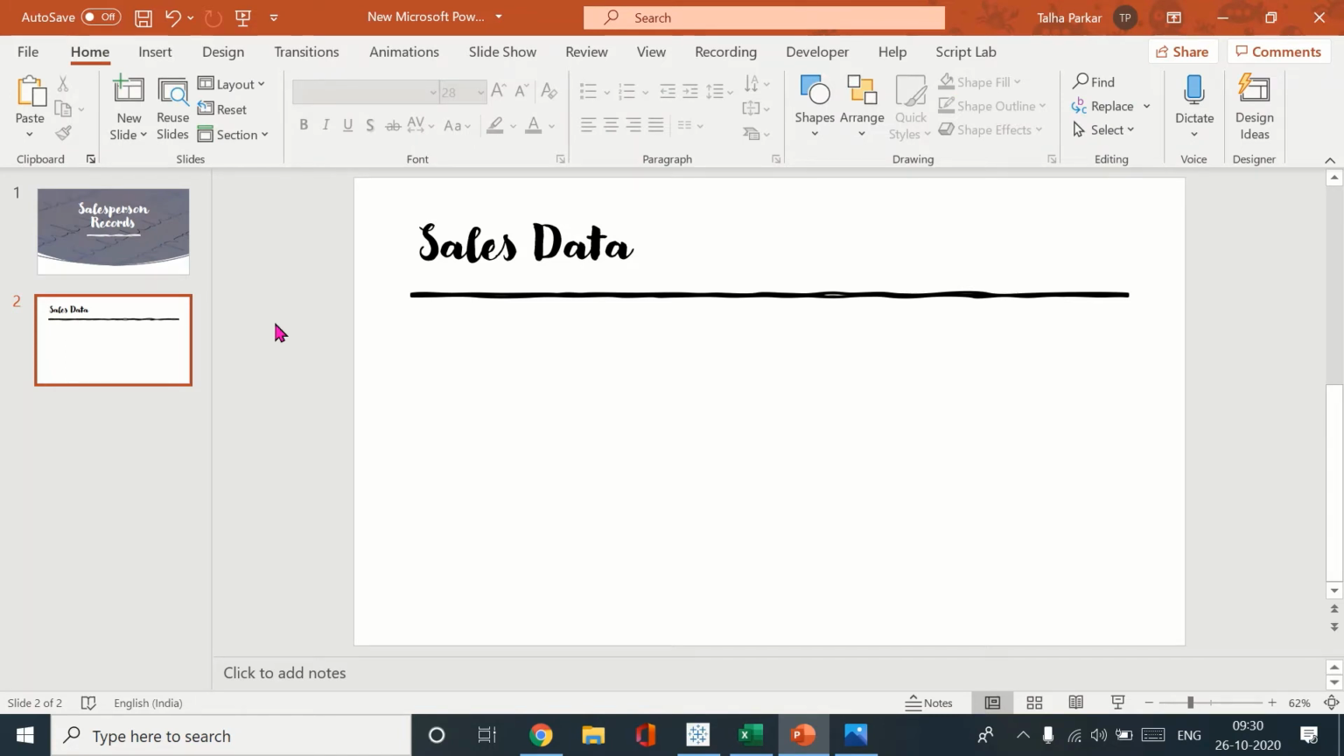My name is Talha Parkar, and in this video I'll be showing you how you can insert a table in PowerPoint, how you can format it, and how you can go about editing it or choosing the proper designs for your table. So to create or to insert a table in your PowerPoint slide, all you have to